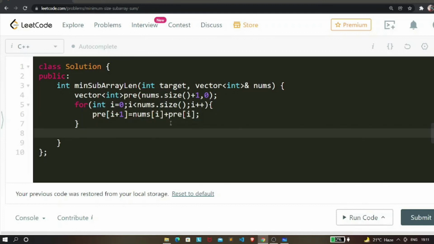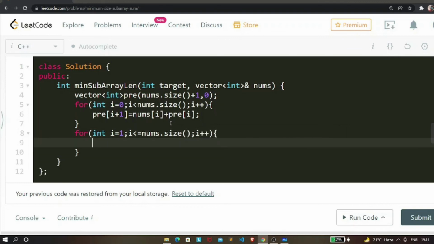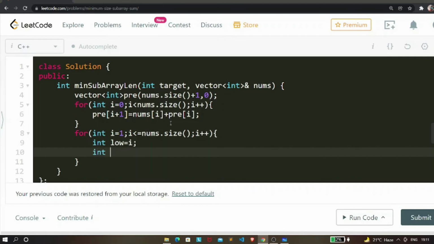Now once we have formed the prefix array, we need to perform the binary search. So let's consider another loop which will start from I equals 1, and it will go up to num_size, and we're going to increment it by 1. Next we're going to have a low pointer, which will currently point to I, and our high pointer will be pointing to num_size.